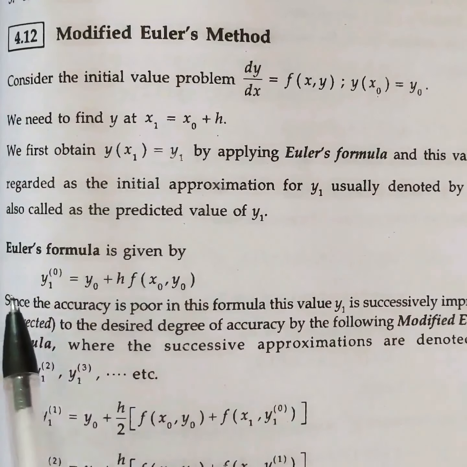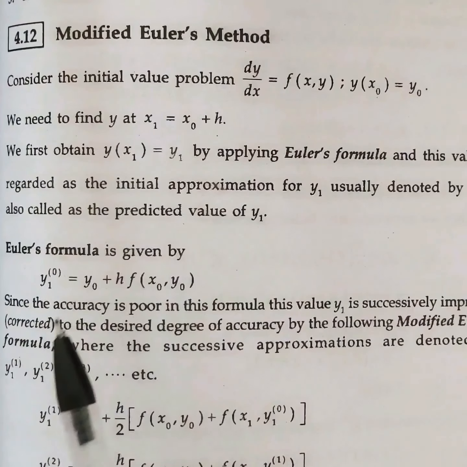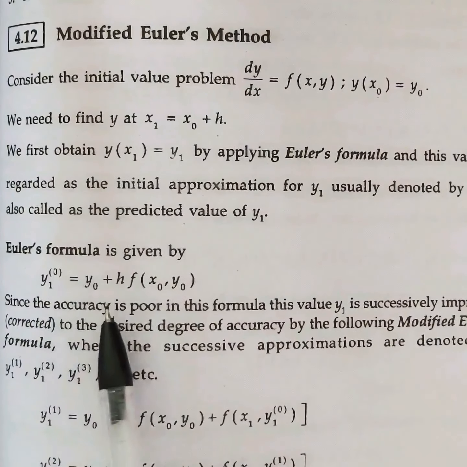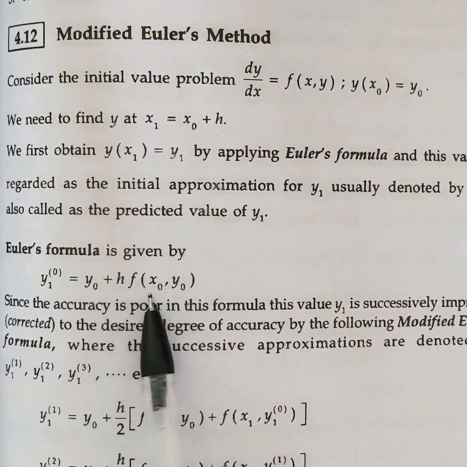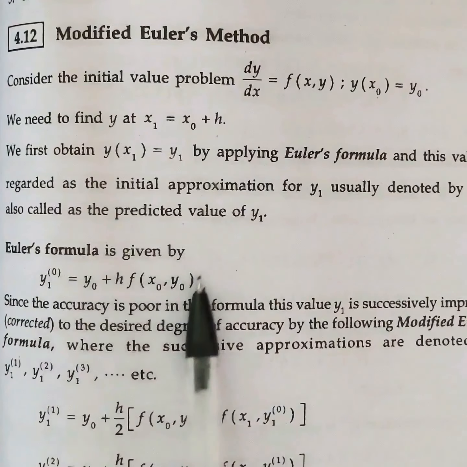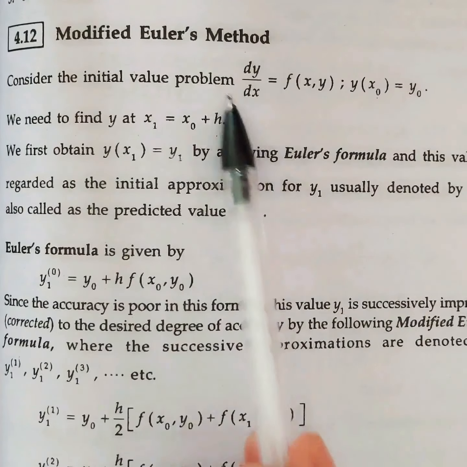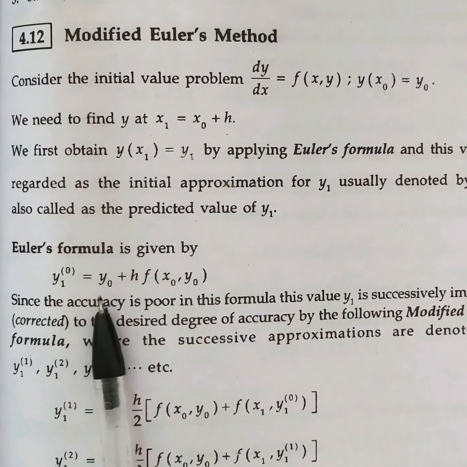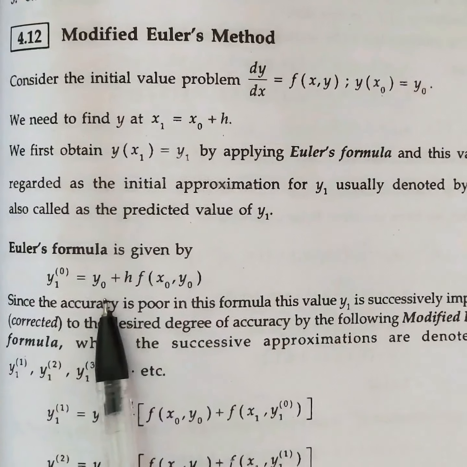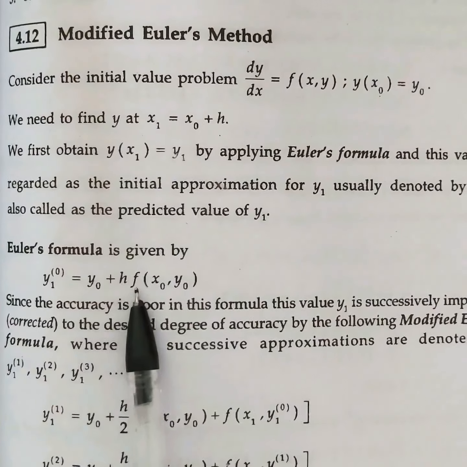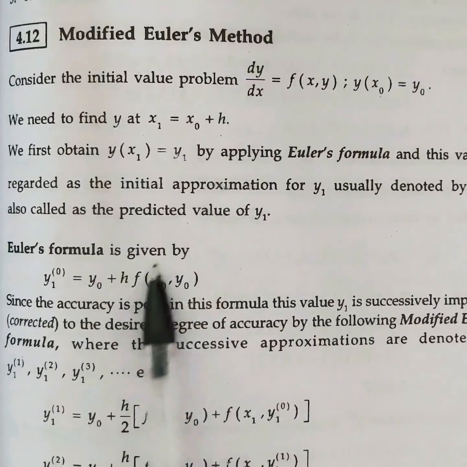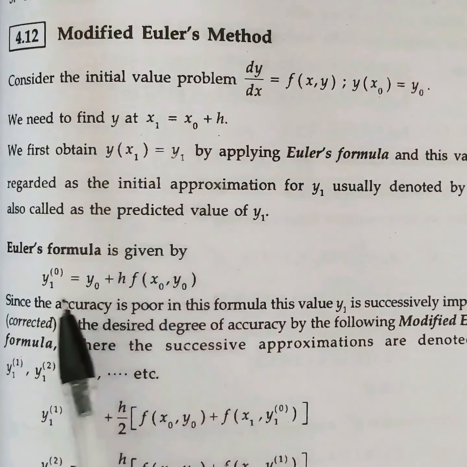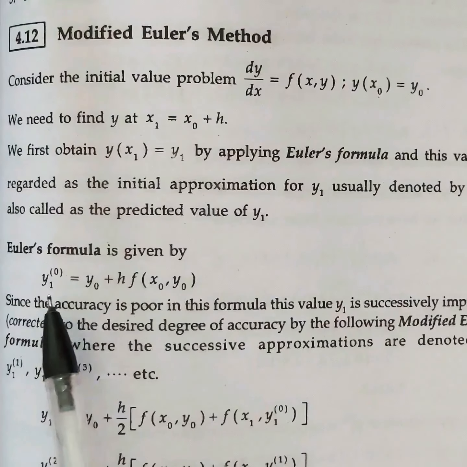Why are we writing the bracket? Or else it will look like y1 square, y2 square. So this is saying that this is the first approximation. So we are getting y naught plus h into f of x naught comma y naught. Imagine this in a graph. This is nothing but your question dy by dx, and this is your solution. So in your solution, you are adding your initial y value plus h times this f of x comma y. This is nothing but the slope, correct?